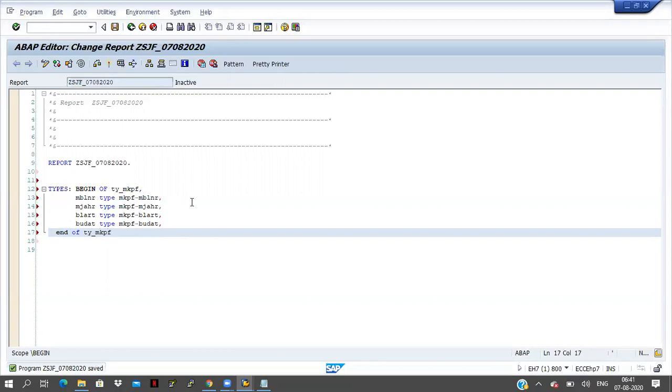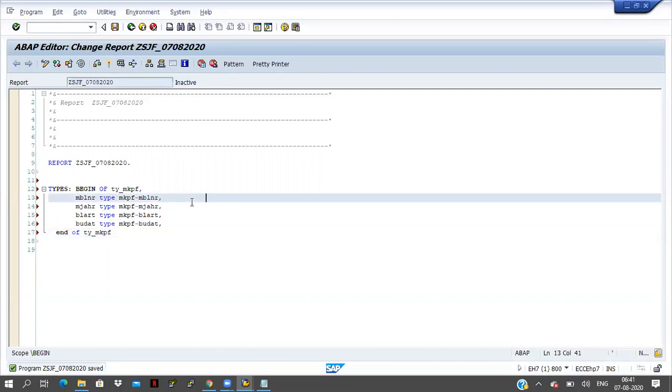We also have to maintain the descriptions. Material document number. Material number is different, and material document number is different.